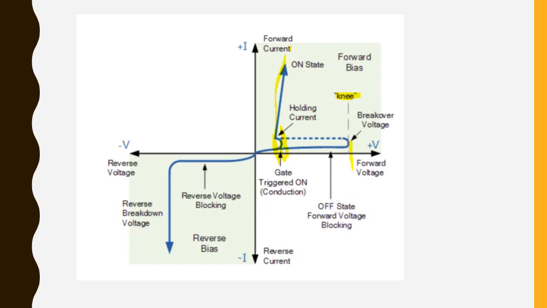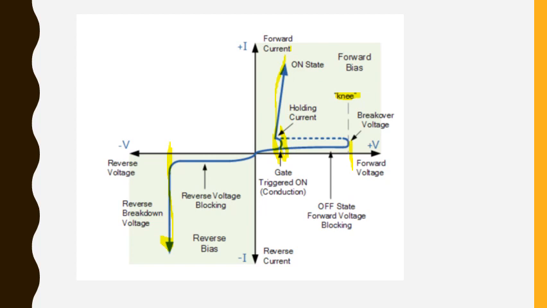At that time, a reverse leakage current flows, and until a reverse knee appears, until this VBR appears, it will be in a reverse blocking mode only. After this, the breakdown happens and you will be getting this reverse breakdown voltage. So this is what is reverse breakdown voltage. So here there is what is called the gate current, and one more that is called the latching current, and then one is called the holding current. So all these currents should be stopped.